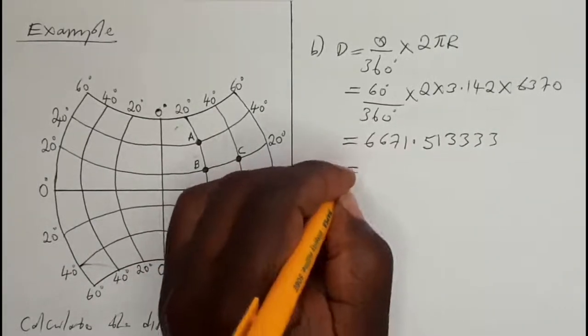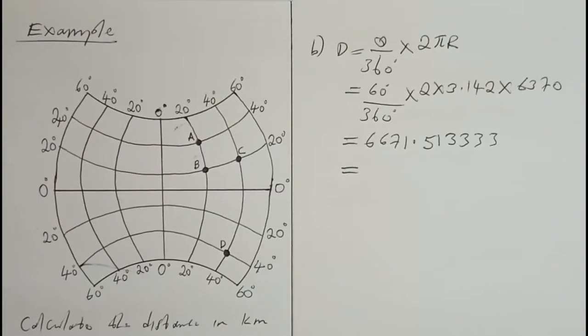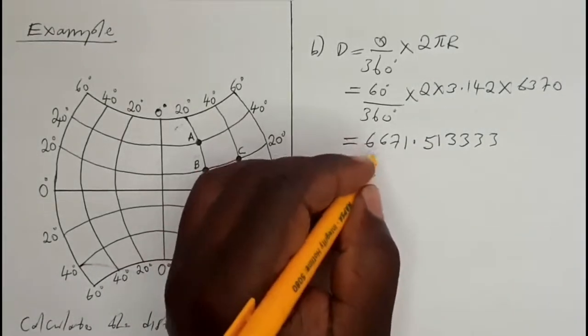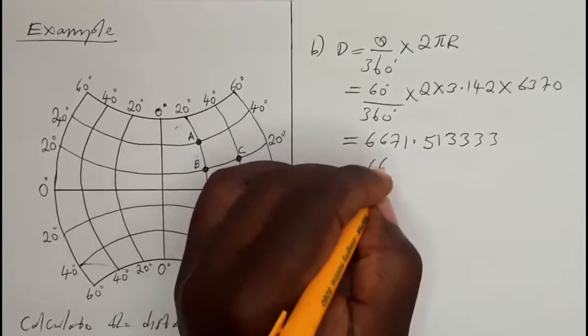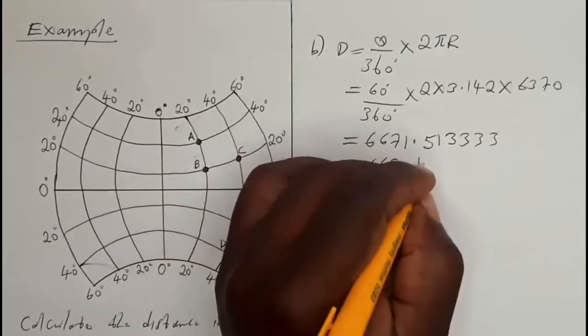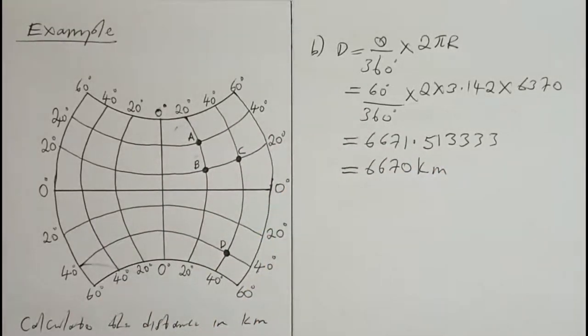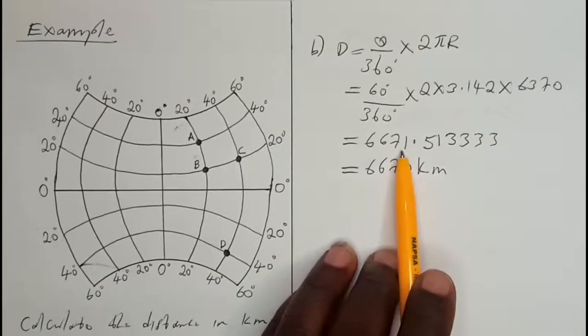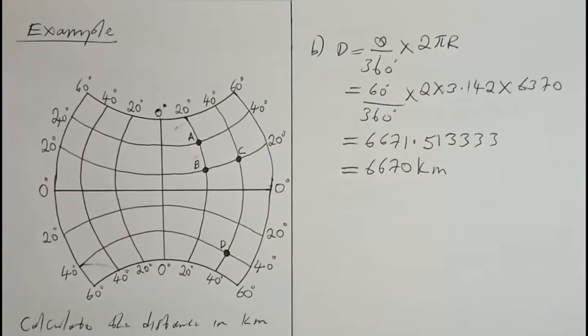Again, like we said, the answer is not exact. It has 10 digits, so if they have not specified how we should leave it, it means that we have to leave it such that it has 3 significant figures, and in this case it will be 6,670 kilometers. Since the number next to 7 is less than 5, we cannot round off this next number, which is 7, to become 8. So this is the answer. This is the distance